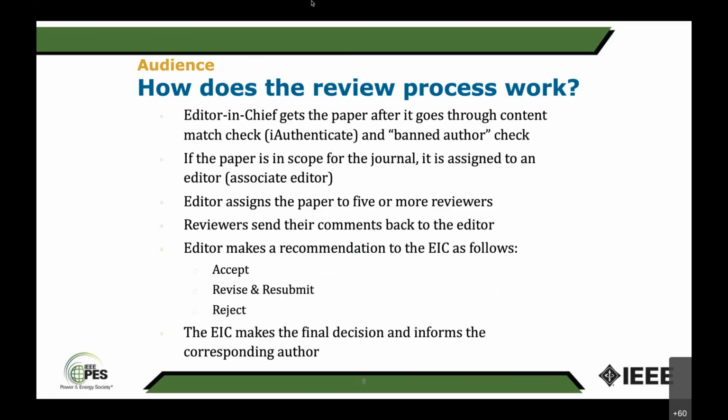What happens when your paper goes to a journal website? First, the paper is seen by the staff, and they do two things. They will pass your paper mechanically through an algorithm called iThenticate, which does what I call content match checking. That means we want to see the paper you wrote is somewhat new, number one, and the content is not coming from other sources. Very, very important. In fact, if you have your own paper with similar content, they'll be okay.